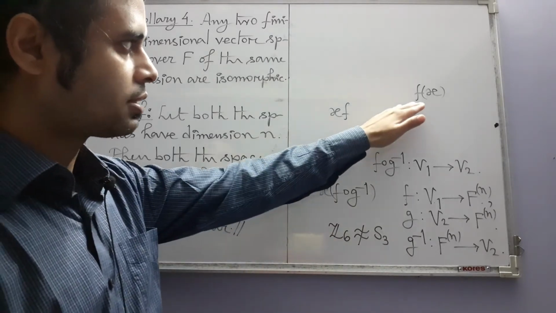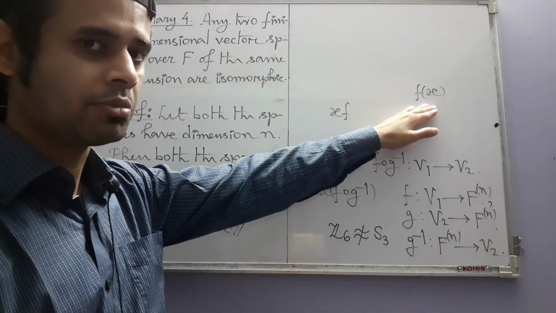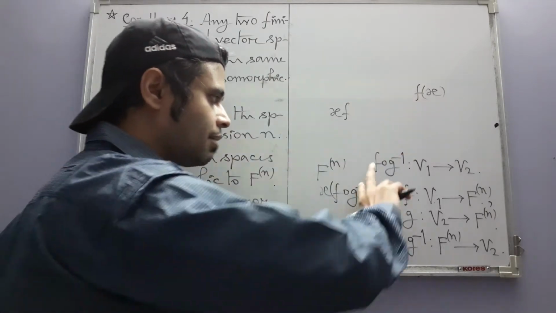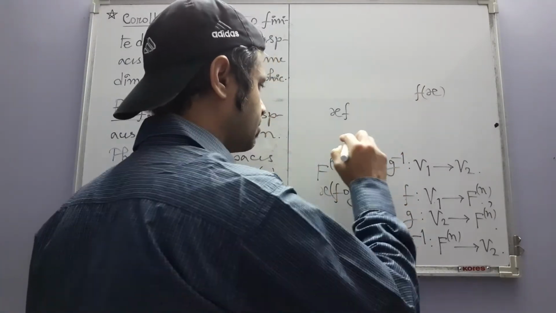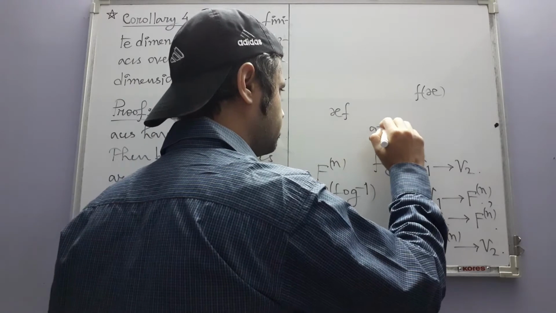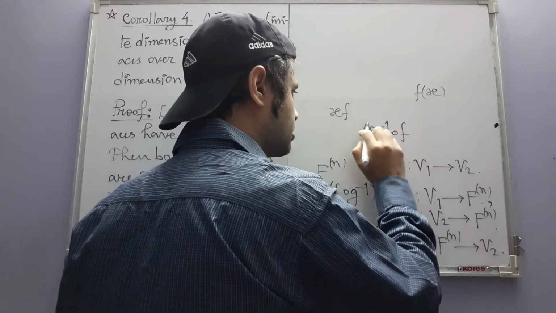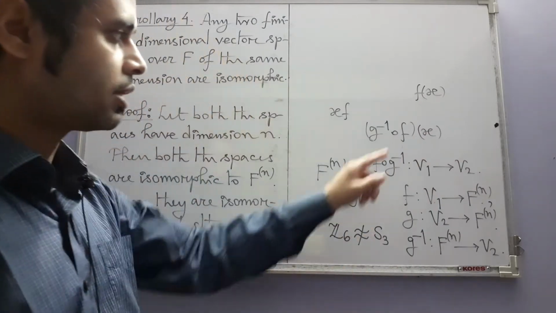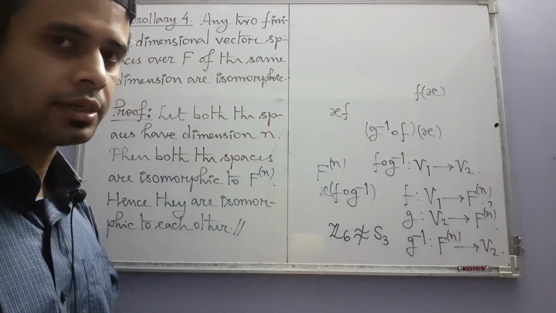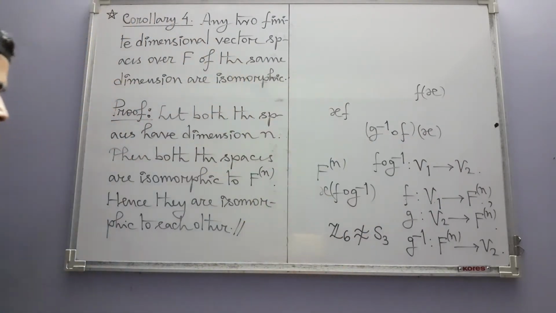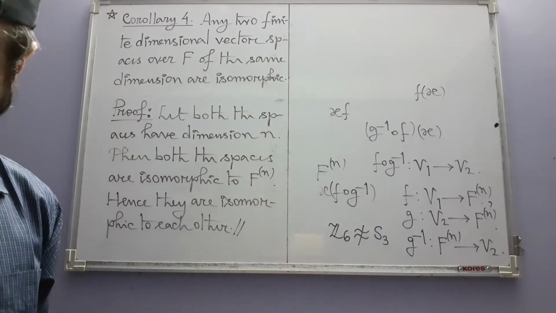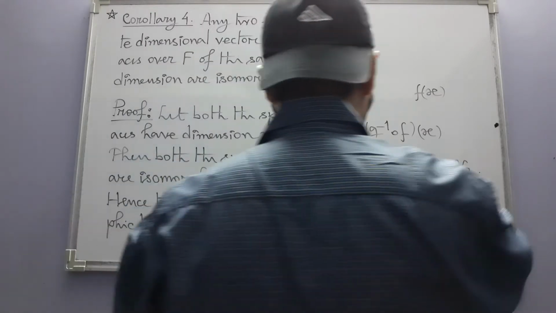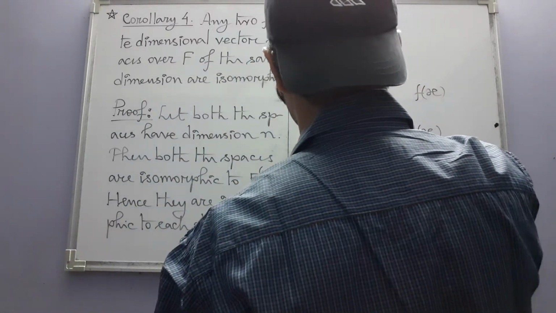However, for us who are using the more familiar notation, you have to change this order, because if you are using this notation, then in this way only you can apply f first and then on that you can apply G inverse. Anyway, so we have seen the proof, and now next the author asks this question: